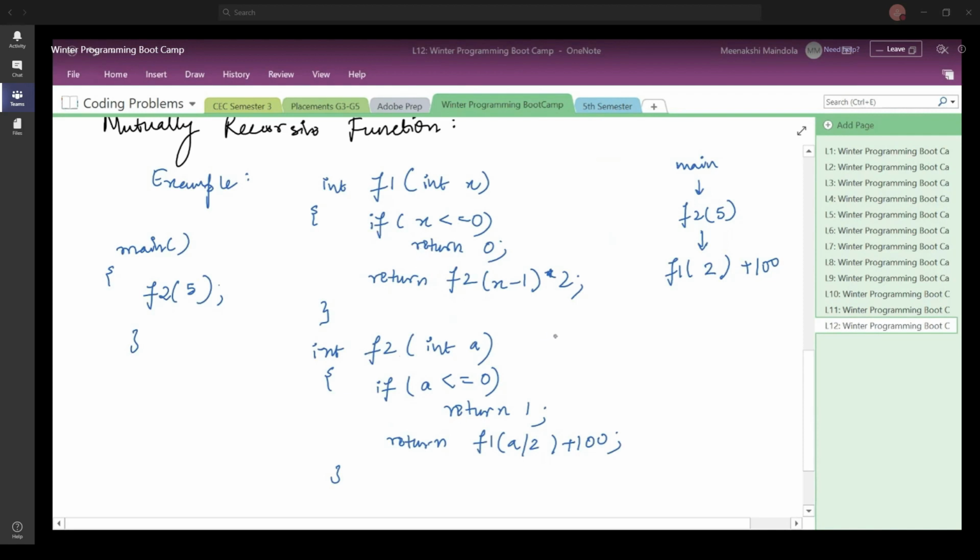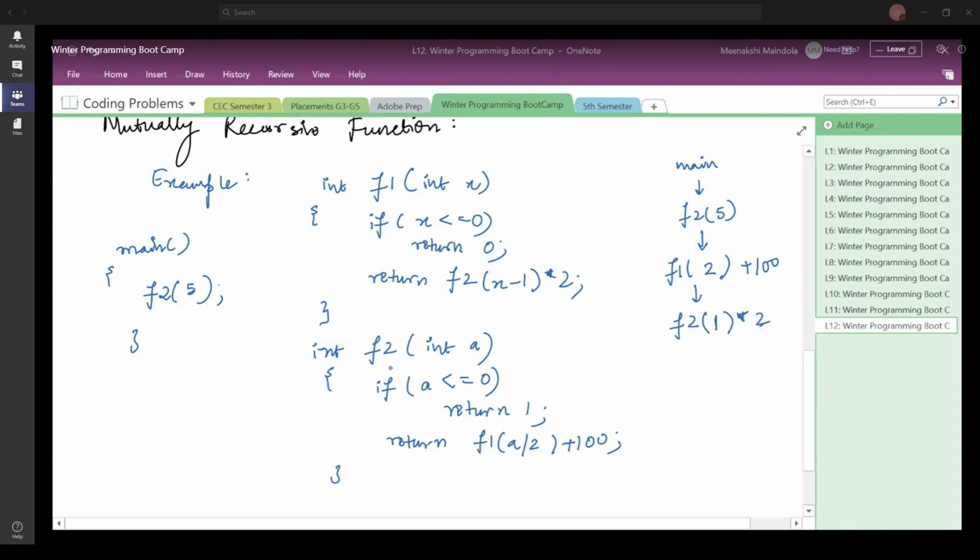What is the next thing that you do here? You call f1 with the value 2, so x is 2. Check this condition: if 2 is less than or equal to 0, the condition is false. So you go here and call f2 again. You see these functions f1 and f2 are called in recursive fashion, but this time you call it with x minus 1, which is 2 minus 1, so 1, multiplied by 2.